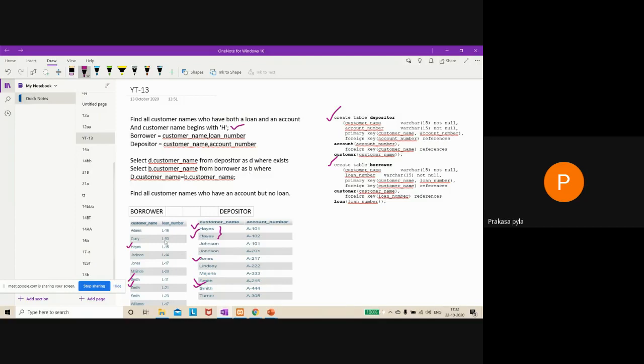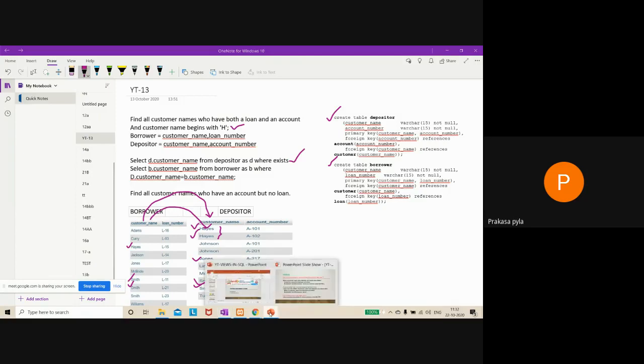I just want to find the commonality between these two, that's why D dot, that is depositor dot customer_name equals B dot customer_name. But in order to check here, we have to use where exists. That means I'm trying to find out whether the customer names of the borrower exist in the depositor table or not, from the borrower table to the depositor table.